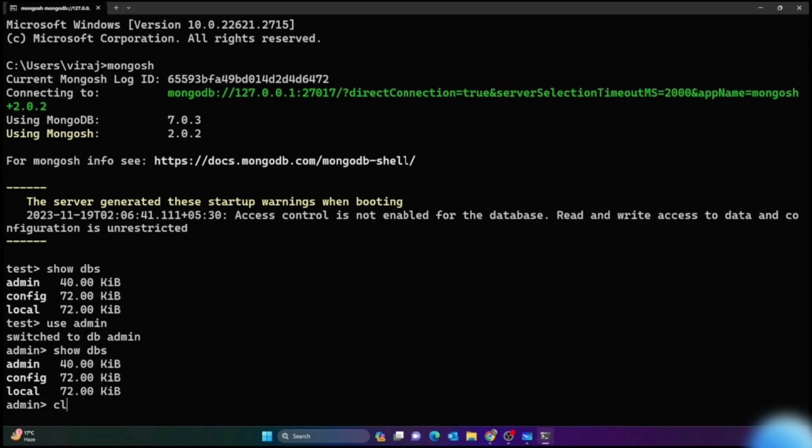So first of all, if I type cls, it would clear everything actually. And here, if I want to create a database, suppose I want to create a database named students. So if I write students, you can see now I switched to a database named students. But suppose now if I type show